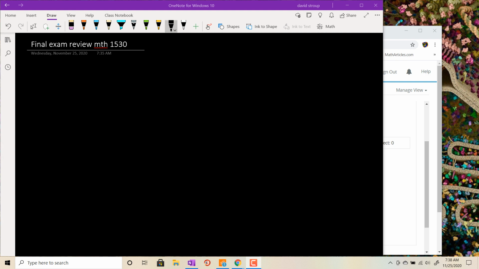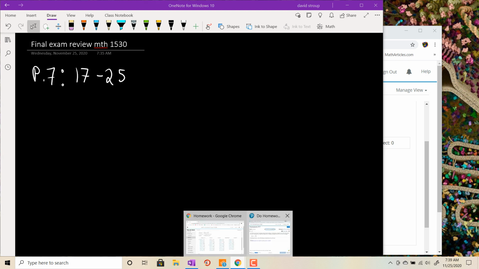Anyways, the first section that will be on the exam, and this is a comprehensive exam, so we'll go all the way back to P.7, which was on equations, believe it or not. In particular, I want to look at the rational equations like 17 to 25. Okay. So as you go through and review, you have two options. You can use the book and just pick out problems from 17 to 25, or you can go into my